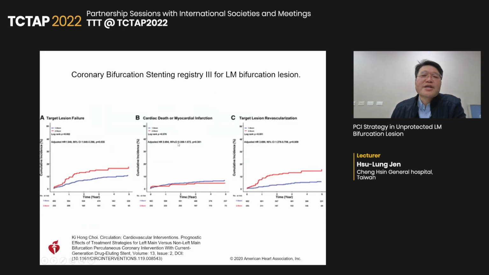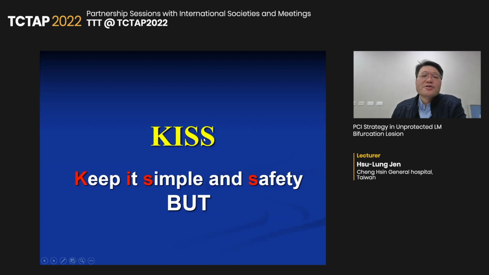So how about second generation DES? We can see the COVID-3 registry. It also showed that a two-stent strategy had a higher incidence of target lesion failure and target lesion revascularization. So almost all the experts suggest to keep it